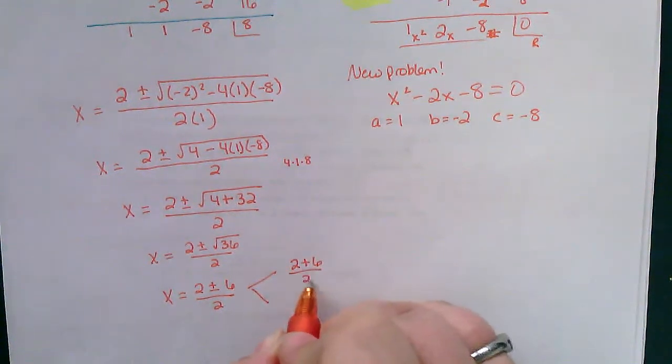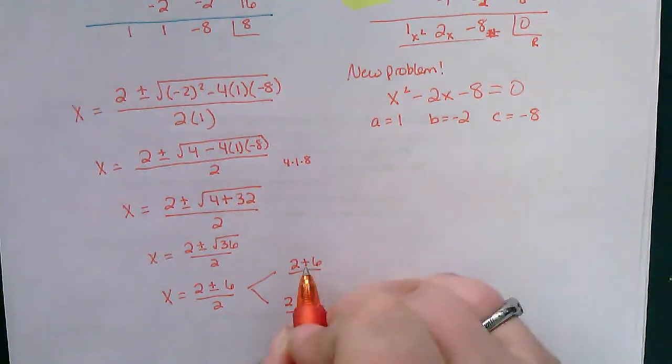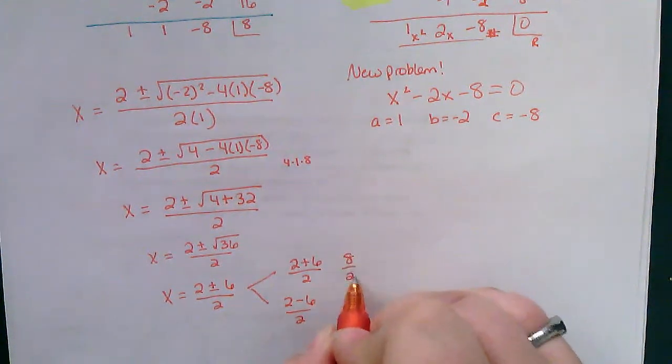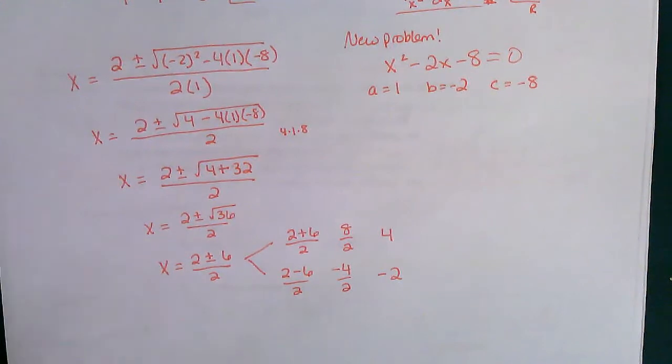So 2 plus 6 divided by 2, and 2 minus 6 divided by 2. 2 plus 6 is 8. 8 divided by 2 is 4. 2 minus 6 is negative 4, divided by 2 is negative 2. So my roots